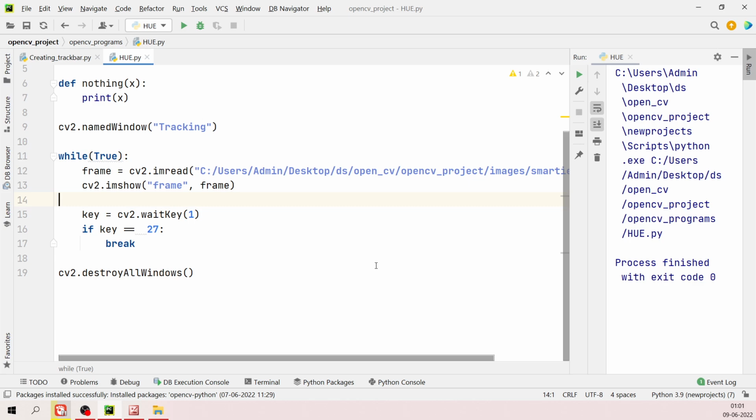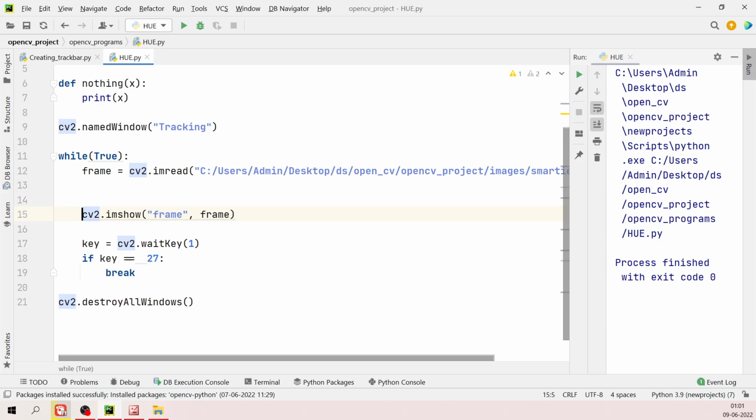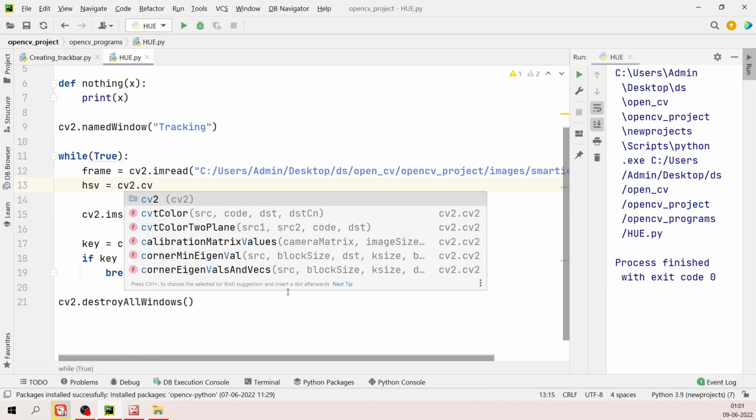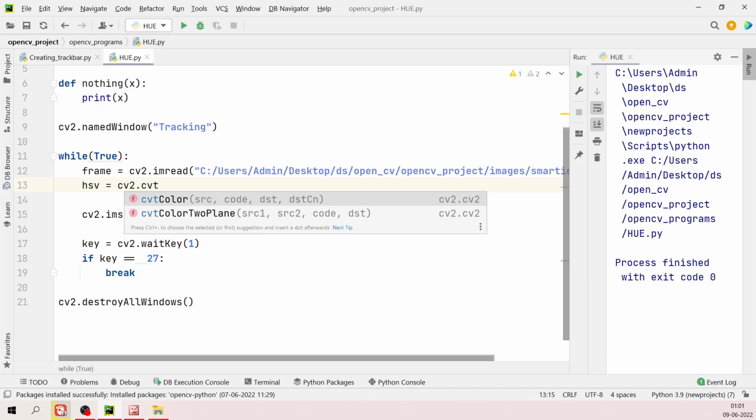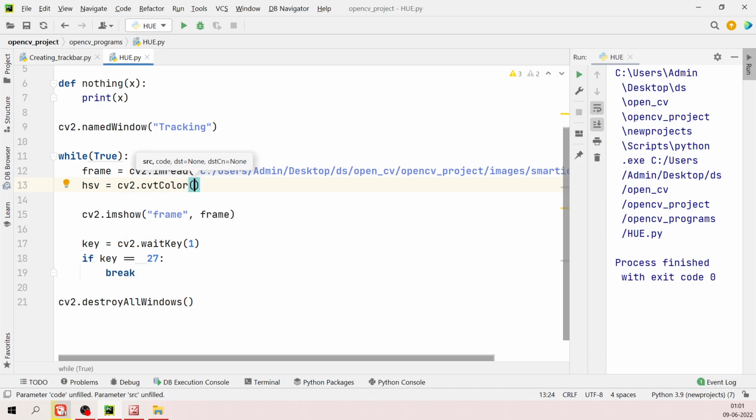First of all, what you have to do is convert your blue, green, and red scales into the HSV values. So that can be done using code. So let me put it here. HSV is equal to, I'm going to name it as HSV itself. So from the CV2 library, if we have to change the color, you have a function called cvtColor. Okay, in this one you have to mention which image color you are trying to change. So this is the image,